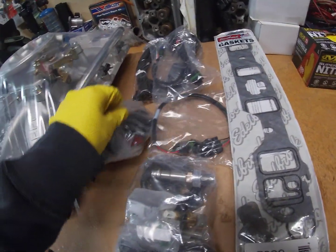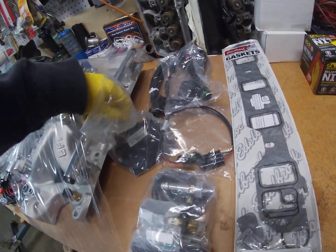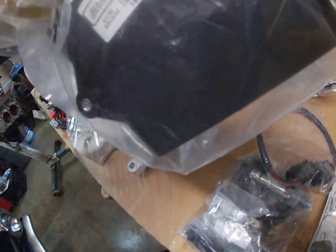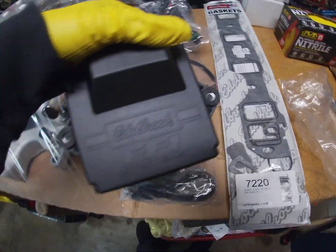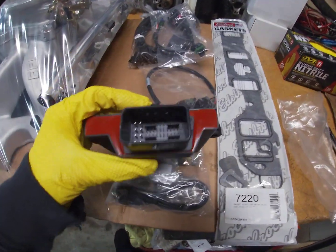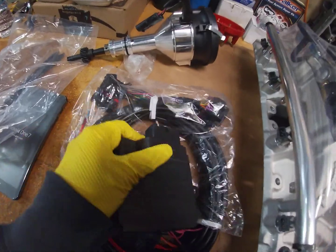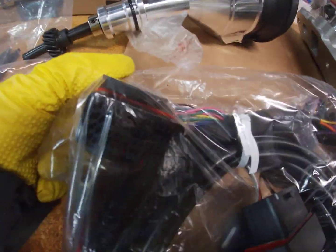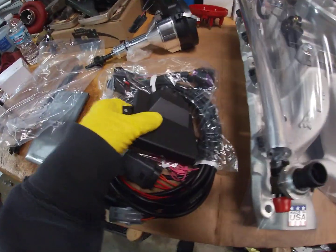Then here is the brains. This is the computer. Edelbrock EFI. Got your connector there. The connector for this is this one, I believe. And yeah, so essentially with the computer,